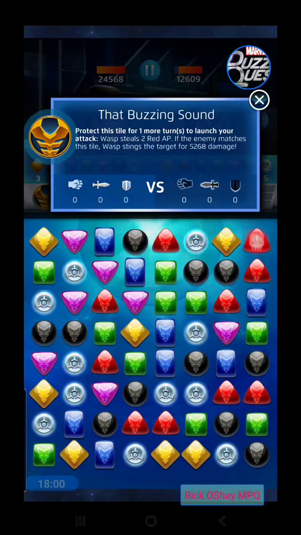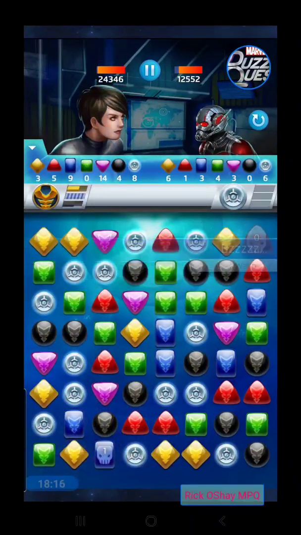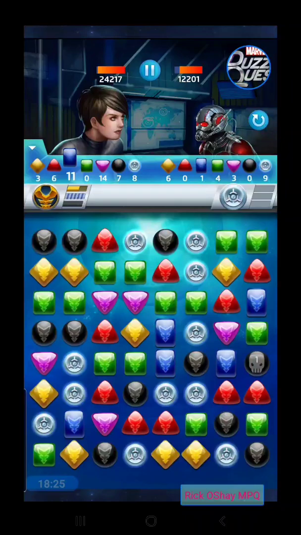Now, if he happens to match that buzzing sound, that countdown tile, she will sting him for a bunch of damage, literally for free. It's just a cool ability, right? So if you're either stealing AP or punishing him for matching it away, he really has no way to escape our positive results from that countdown. All right, so now she's going to steal any black. He doesn't have any, but